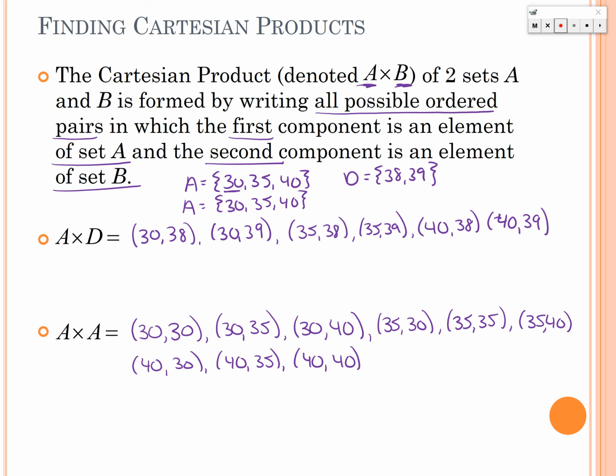So you're just making all possible ordered pairs. Like I said, you might come up with a different strategy you like better, or that clicks better for you. I start with each element in the first set, pair it up with everything in the second, and I just keep going through that first set that way. That's what I like. The last thing I want to talk to you about,